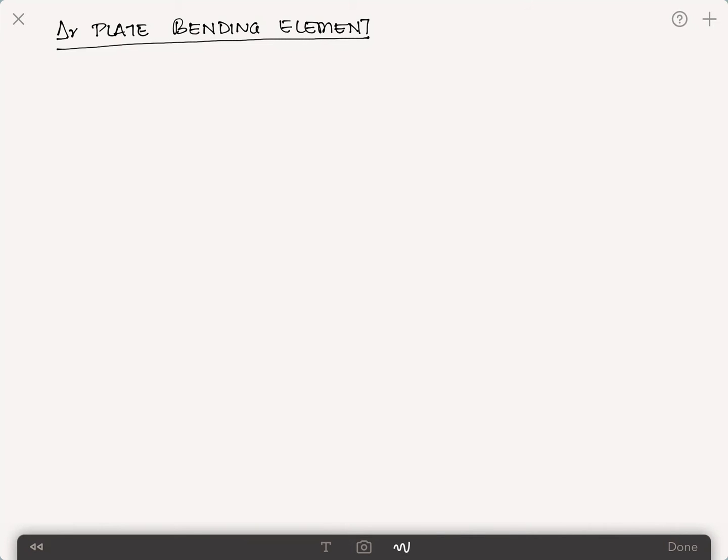In this video, we will discuss the finite element formulation of a triangular plate bending element. It's very important to remember from our previous discussion about plate theory that if there is an out-of-plane load or out-of-plane behavior in a certain element and there's a transverse displacement W, then this transverse displacement W, which is at the middle surface of the plate, so the mid-plane, is actually enough to describe the behavior of the